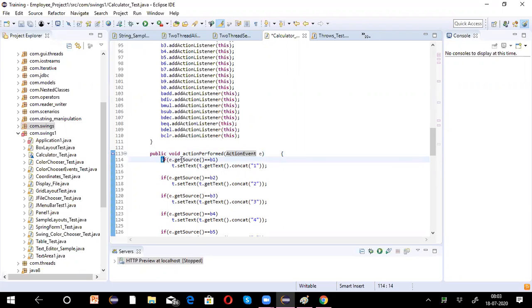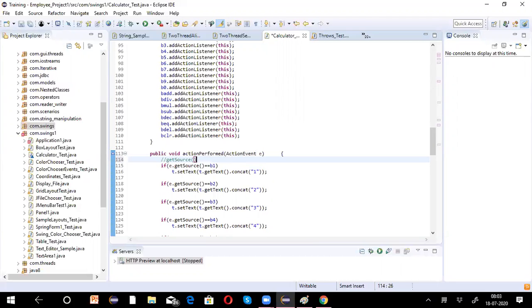Now if e.getSource. The getSource method will refer to the object that generates the event.